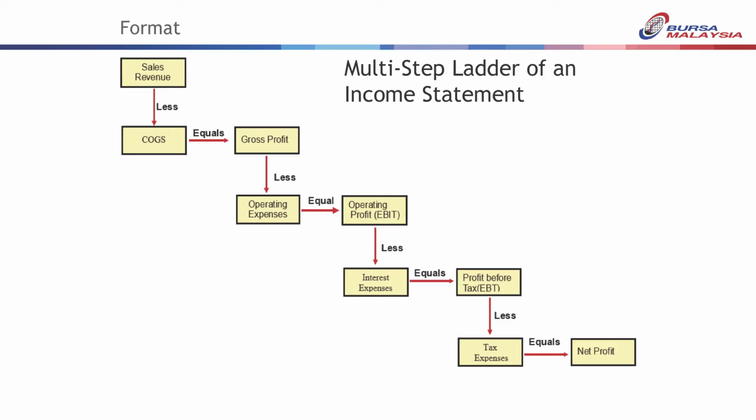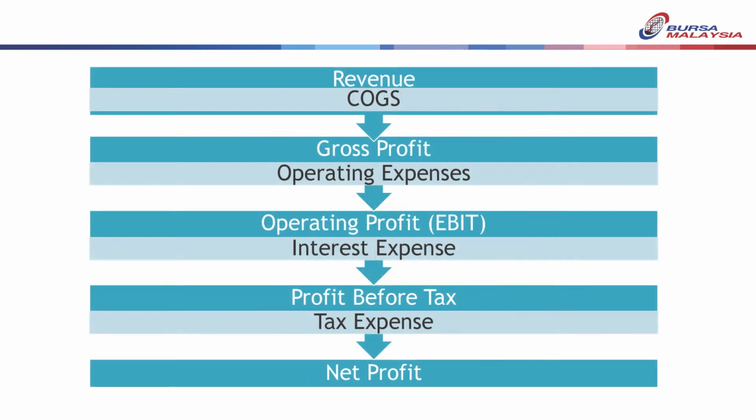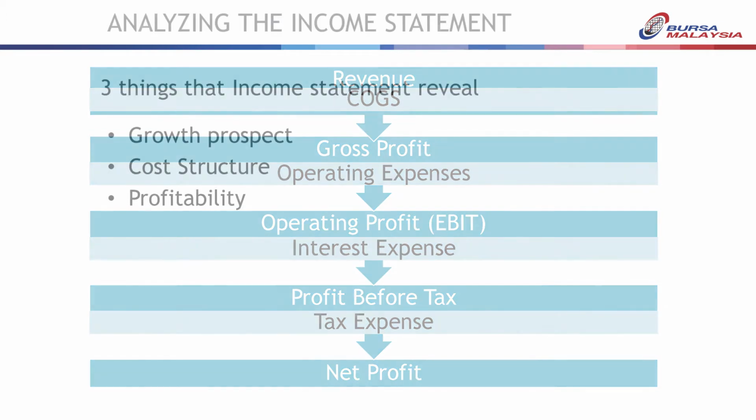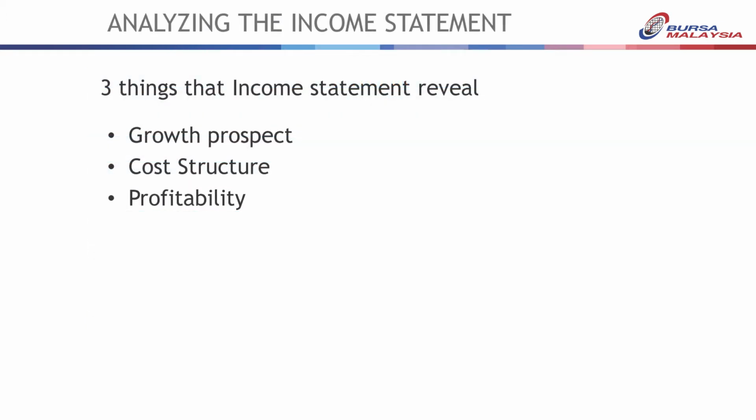This is kind of like the step ladder approach to understanding how the whole income statement flows. From sales revenue right down to cost of goods, you arrive at gross profit, right? So these are very basic, and I hope that if you don't understand, you can use this as a very easy way to get through that statement. 3 things that an income statement reveals: growth prospects, cost structure,